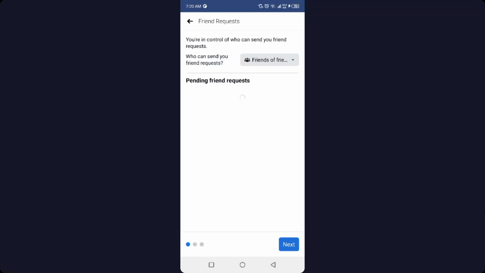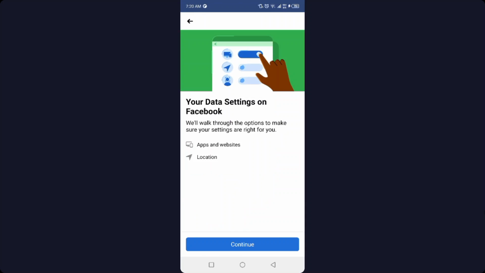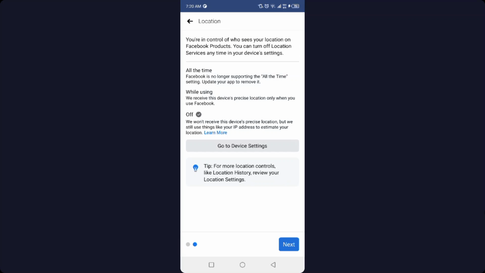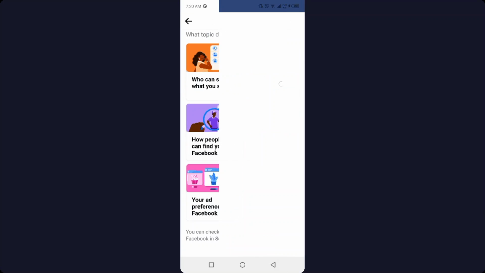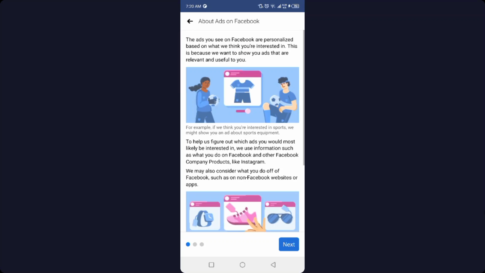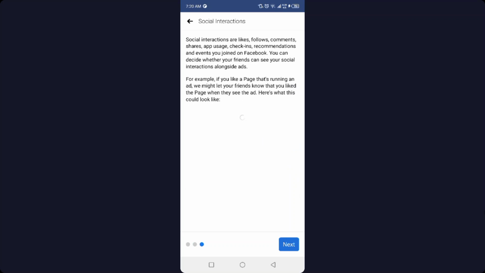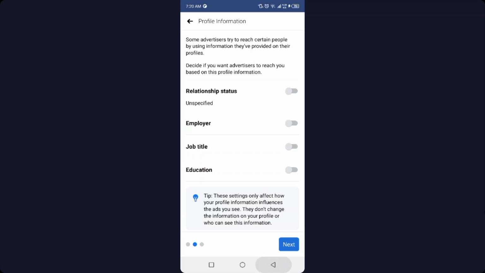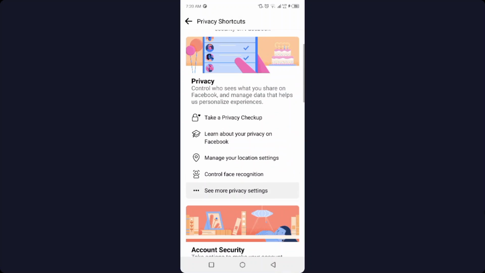Once you have done that, you simply need to go back, and your data settings on Facebook, click on continue, click on next, that is okay. Then you need to go back to your ad preferences on Facebook, click on continue, next, and here you need to select any according to your choice. Then you need to go back, and once you complete that step, you simply need to click on see more